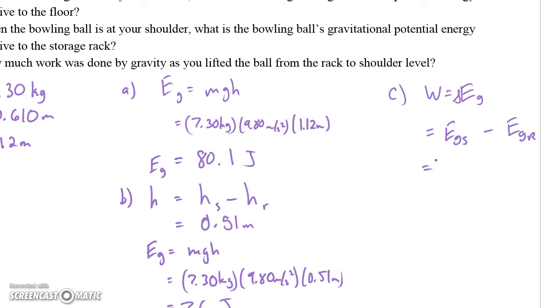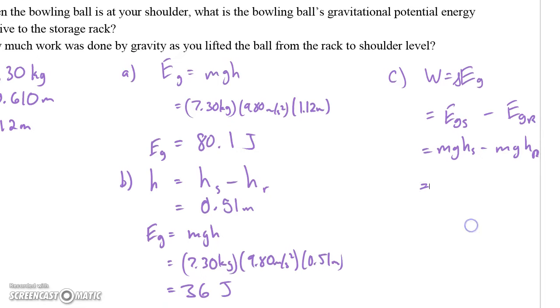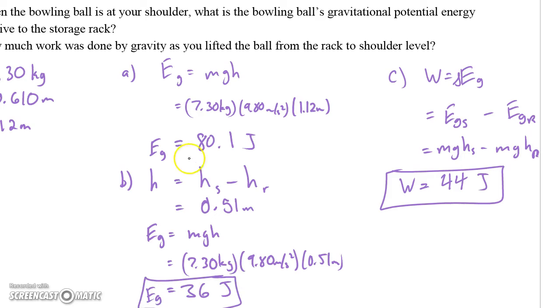So, if you're curious, go ahead and do that, but I'm just going to do it from the floor, which gives us mg height of the shoulder minus mg height of the rack, which you could plug those numbers in. I'm not going to show it, and you will get, to proper sig figs, an answer of 44 joules for the work done. So we've got our 3 answers there to the question,